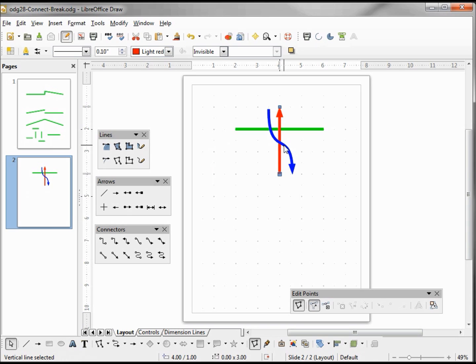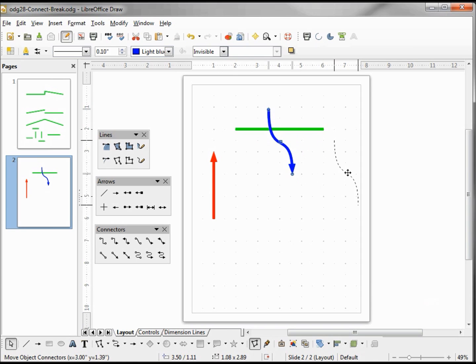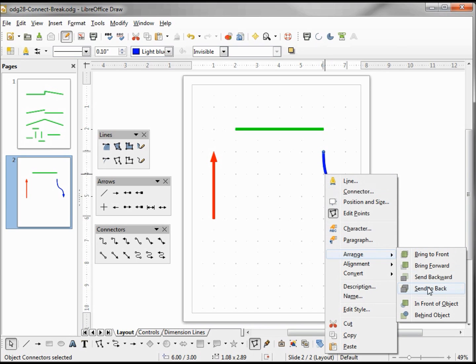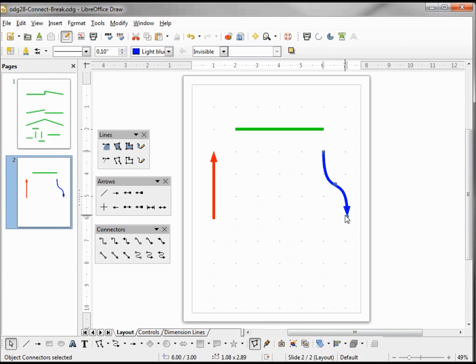We see the blue connector is on top, the arrow is in the middle level, and the green is on the bottom. Let's move the arrow back and our connector back. Since it took the green's color and that was on the bottom, let's move our blue connector to the back. Arrange, send to back. So now we should see a blue line with an arrow at the end.